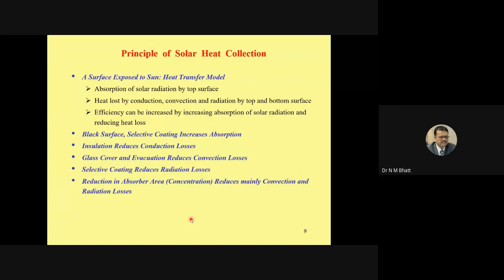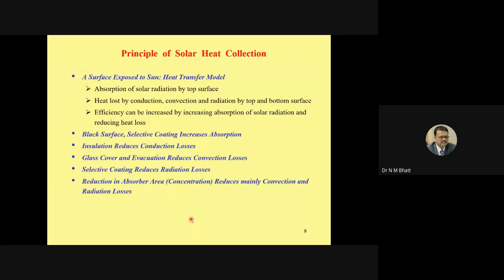which has a higher absorptivity in the solar spectrum, for shortwave radiation, and has a lower emissivity for longwave radiation. So the heat that is normally lost from the absorber surface is lost at the higher wavelengths. Okay, they are the longer wavelength radiation. So for the heat loss, the emissivity will come into the picture. So these selective coatings are a special kind of coating. They have a higher absorptivity and lower emissivity.